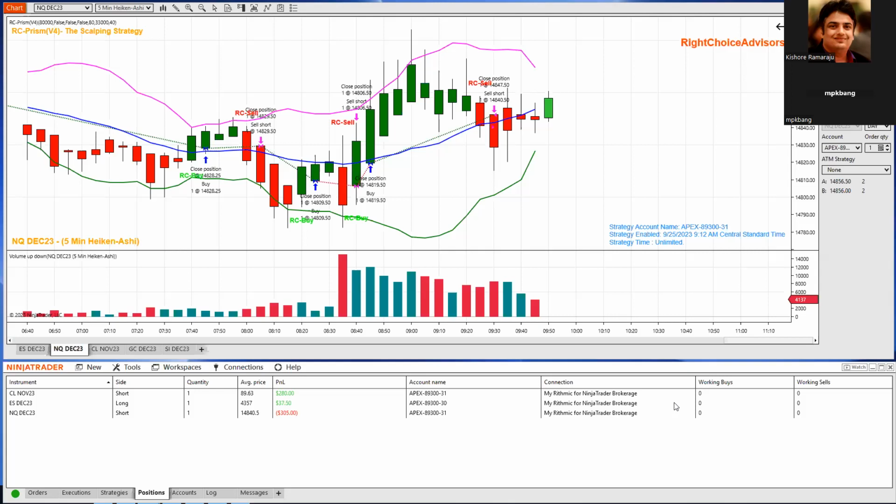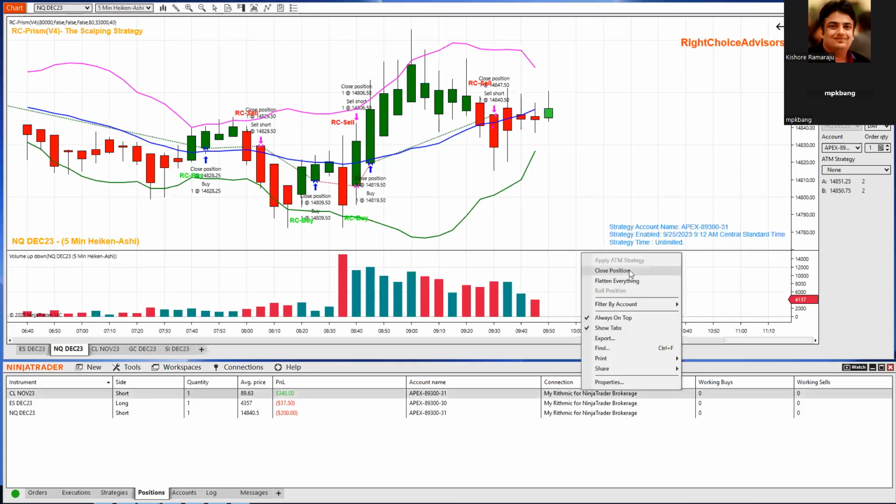On NQ and ES, we already made gains, but we did not close just for the sake of demo purposes. We kept it enabled, but otherwise we would have made our daily target already in the first 15 minutes. Still, NQ has potential to go down. The bot is still in the sell position. Even though there is a little bounce up, it is not a confirmation that it is going up. So it is still waiting to take a buy,